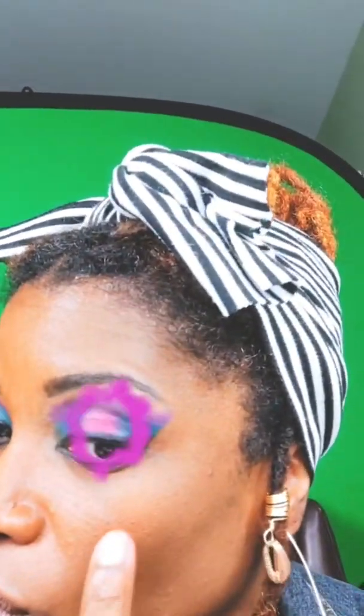Look at that line. Oh my God. Look at that line. Okay, I'm done. I'm sorry. If you guys want me to do a tutorial on how I created this eye makeup, stay tuned